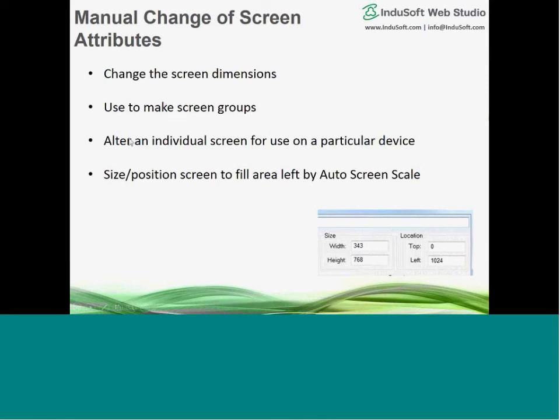You could also use this to alter an individual screen or some screens for use on a particular device. Now, what do I mean by that? Let's say you've got an HMI on a machine that's 1024 by 768, but you also want to drive a remote big screen TV with a 1920 by 1080 aspect ratio. Well, you might not ever want to show that screen on your HMI, but have that available as 1920 by 1080. So you go in and edit that size and width and save that screen,